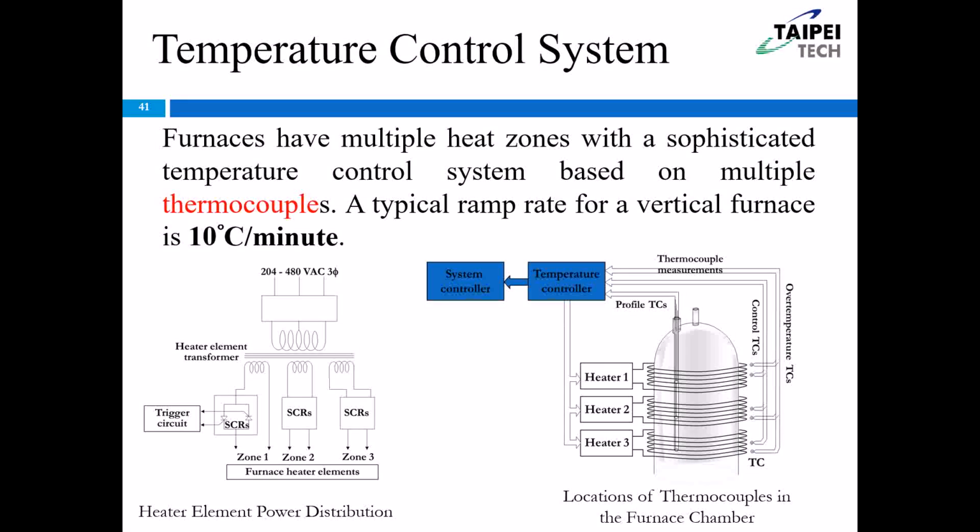And the typical temperature ramp rate for the furnace is around 10 degrees Celsius per minute. So how you can calculate by yourself? I just give you the example. Today, if you want to increase the temperature from 400 degrees Celsius to 1000 degrees Celsius, you can calculate how much time you need,